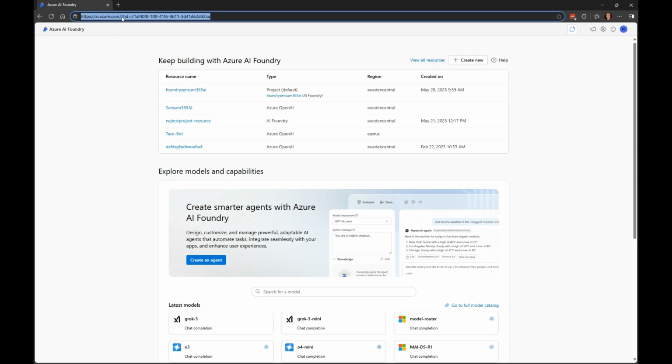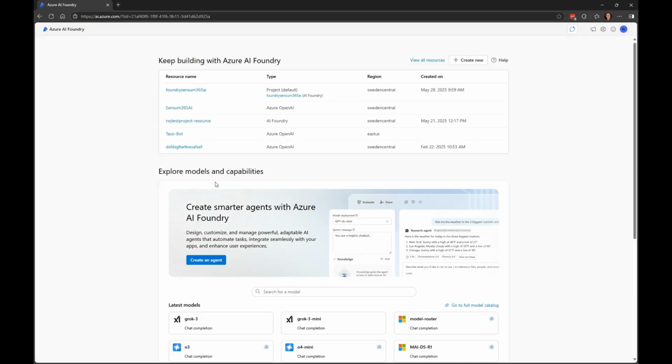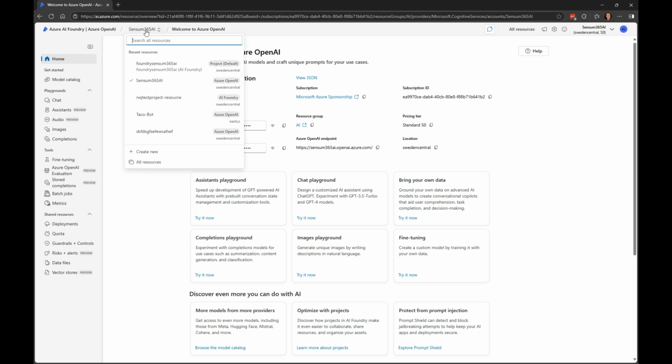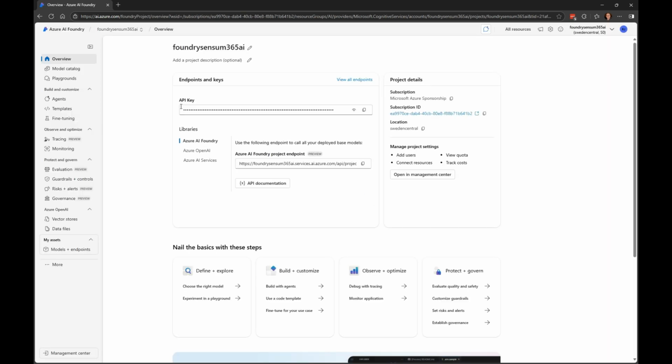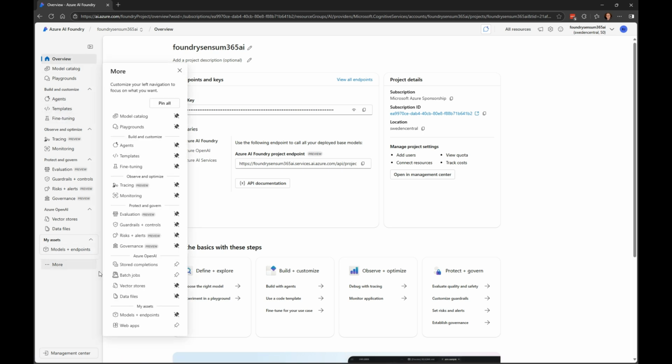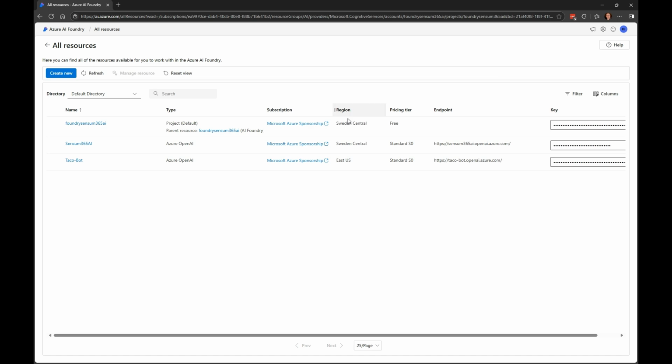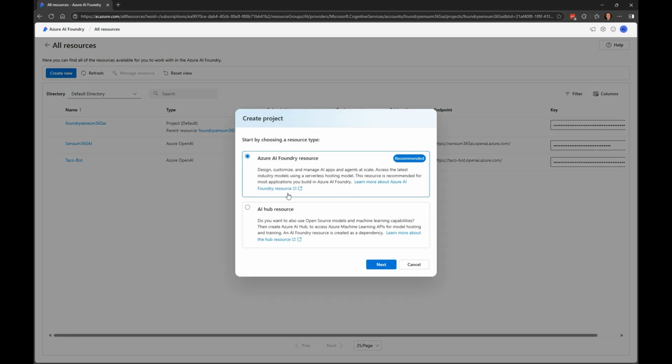If we go to ai.azure.com, which you might know from Azure OpenAI, you will see that there is a new thing called AI Foundry instead of just Azure OpenAI as type. So the old systems look like this, with the model calculator, chat, the assistant, and so on. And you might think this is where you need to go, but actually it's a new kind of portal. It looks more or less the same, but you can see it's called agent instead of assistant, and it has various small changes.